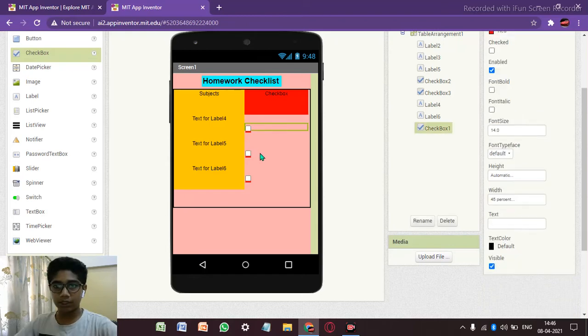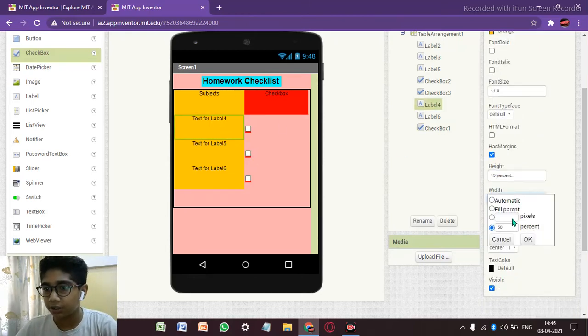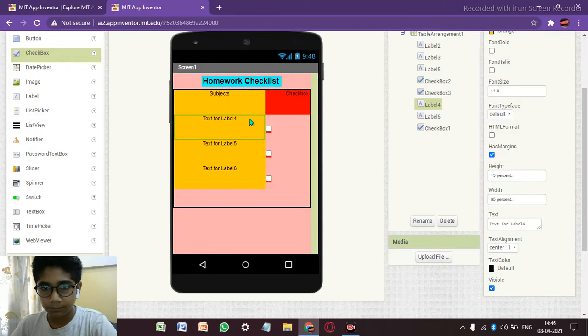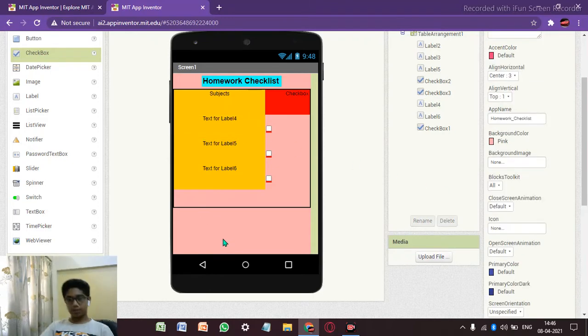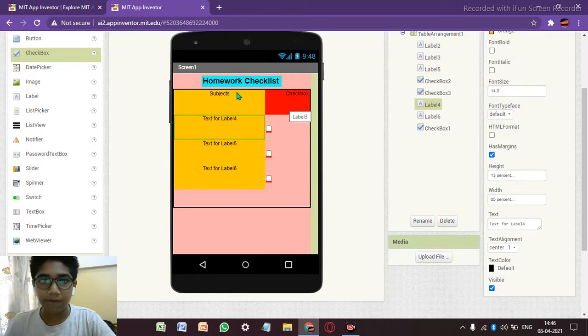Now it is not looking good, so we can increase the size, the width for this to 65. Yes, this is fine.